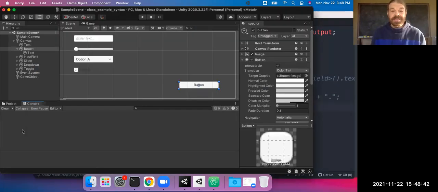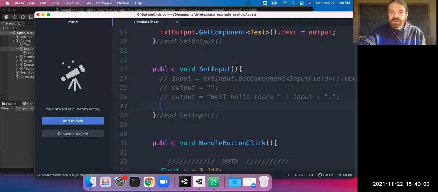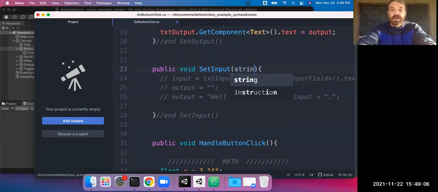So I did it the long way to express that point, but there's a better way to do those things. So let's look at these other inputs we have here, because you might want to use some of those for your game. I'll do the text input first. So we had that. So a difference, we need to take in a string. Our text input,